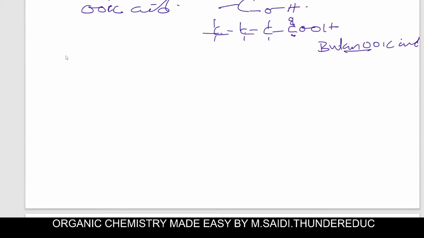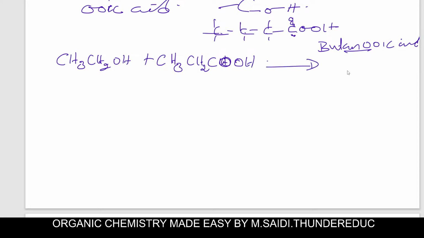I have an alcohol, CH3CH2OH, plus a carboxylic acid, CH3CH2COOH. For this reaction to take place, I will need sulfuric acid,